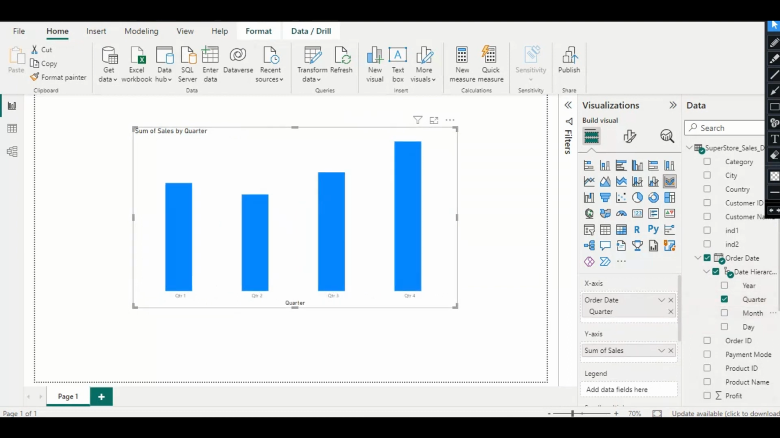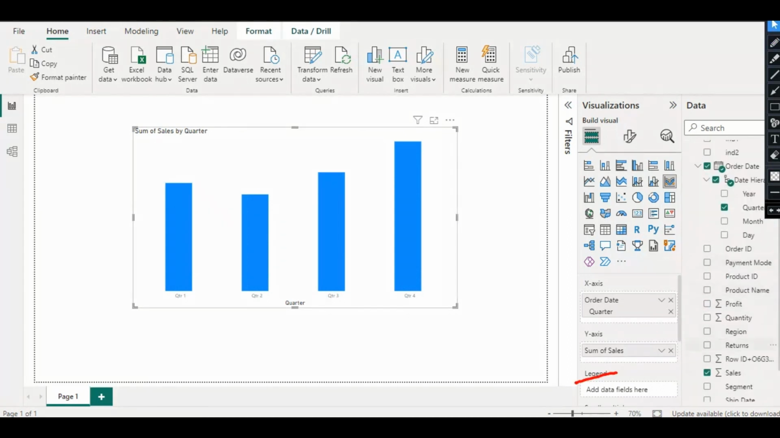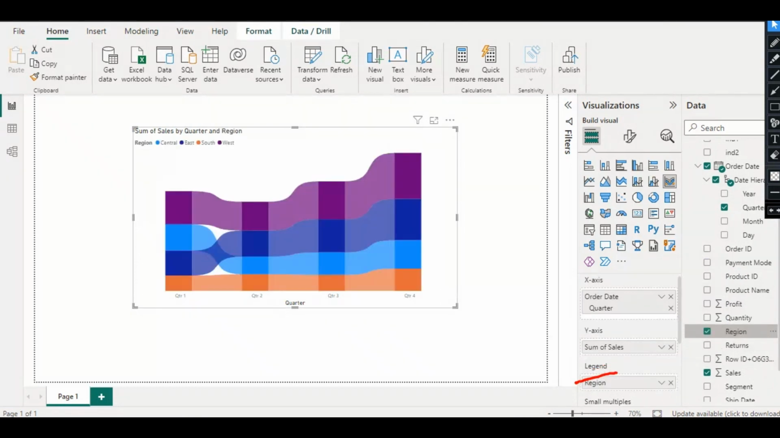Basically this is a column chart, but if we want to make it a ribbon chart, then we need to fill some value in the legends. Here I want to see my sales of each quarter for the specific region. So here you can see these are our ribbons. That's why it is known as a ribbon chart. So let's just see this chart. Here you can see that